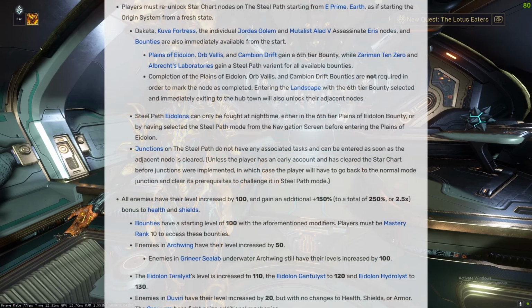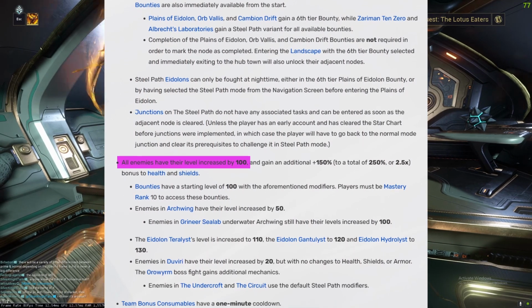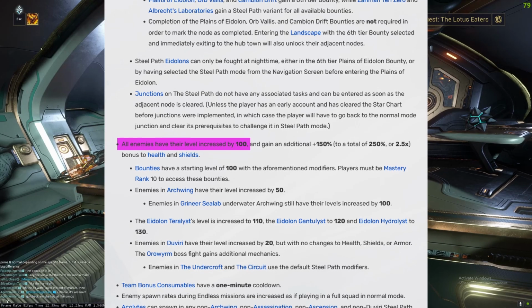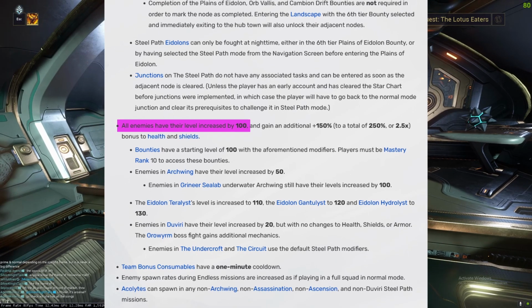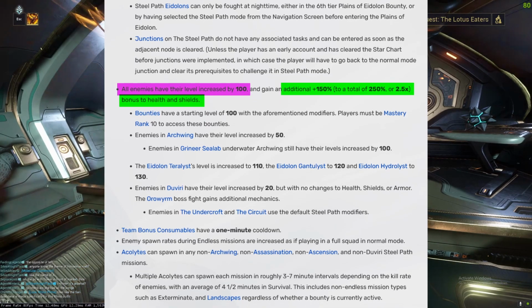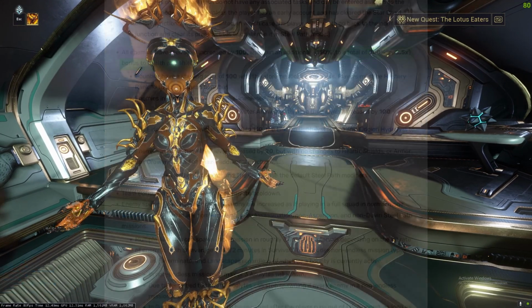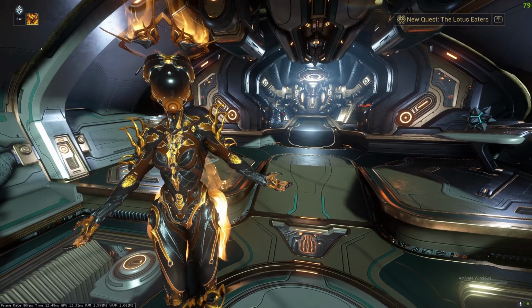In Steel Path, all mission levels are increased by 100 levels. This means all the enemies that are usually, say level 20, are now going to be 120. In addition to this, all enemies have an additional 150% of both their health and their armor, so that's a total of 250% health and armor. And compared to this, the player gets no buff, so it's no wonder that there's a sudden and abrupt moment